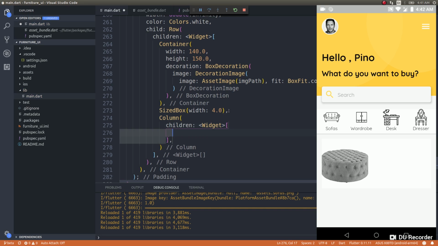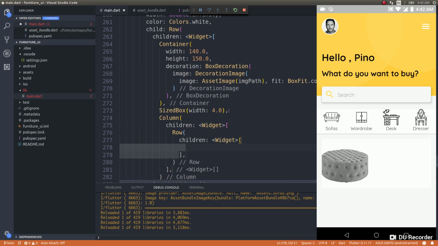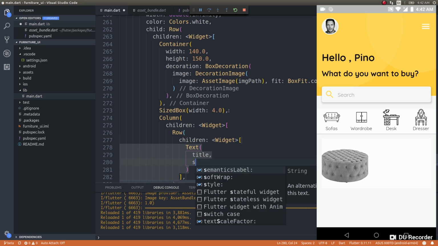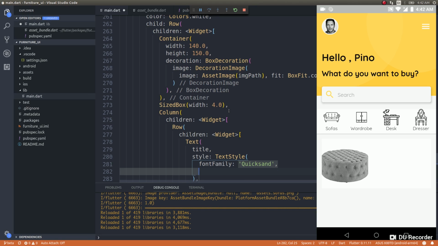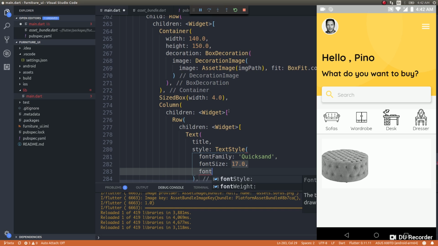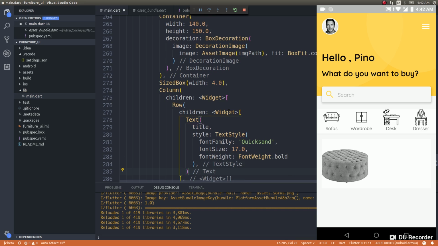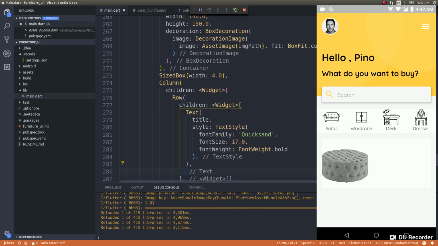Column children widget, row, children widget, text, font weight bold, and then text, width will be some 45.2,